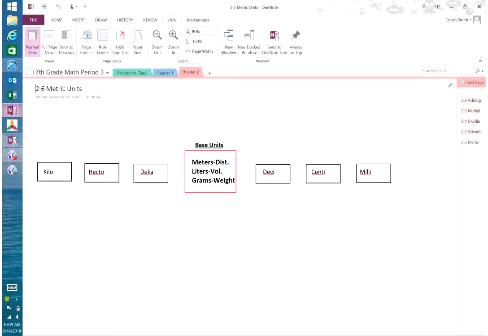All right, 2.6, metric units. What we're going to cover today, the little chart we drew that I put on your notes, we'll use it probably more tomorrow than today, but it will help us with what we've got to do today. Really the chart we use when we're talking about metric conversions, which I think we either cover tomorrow or Thursday, I'm not sure which. But it'll help us in the sense of it lets us know all the different types